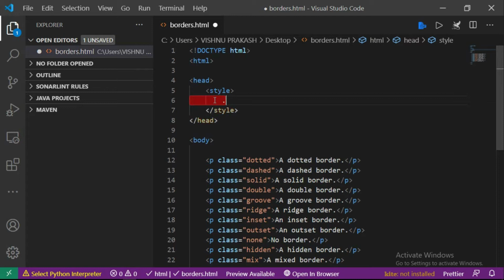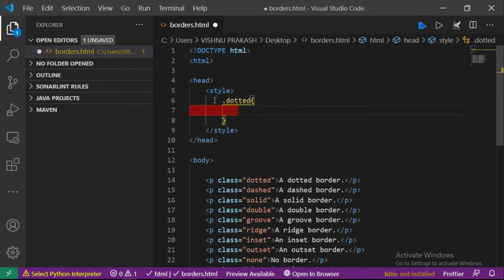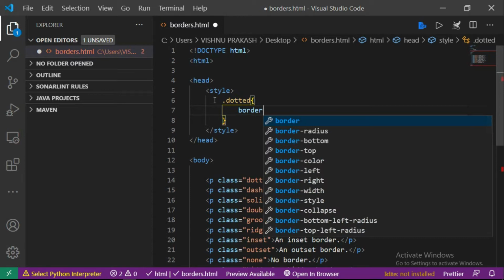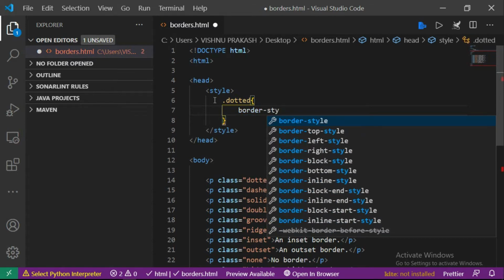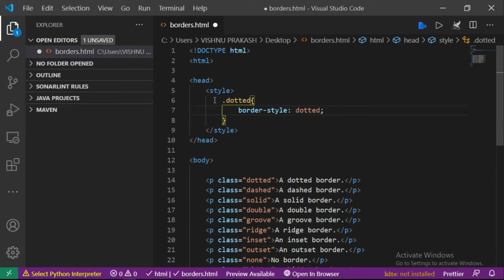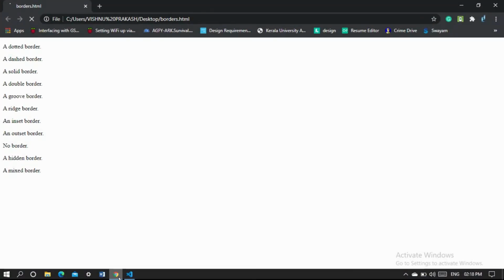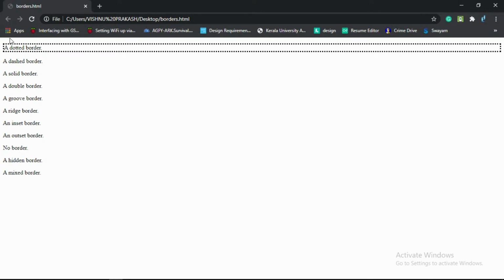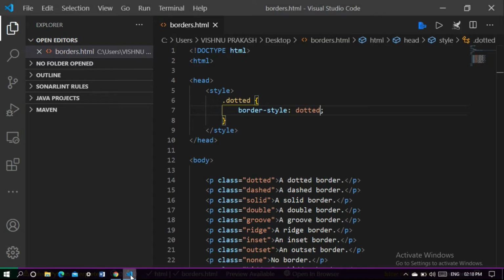I'm calling the dotted class, and in that I'm going to write border style. For border style, we are going to give dotted. We'll save this, go back, and in the browser the dotted borders are visible. The next one is the dashed one.